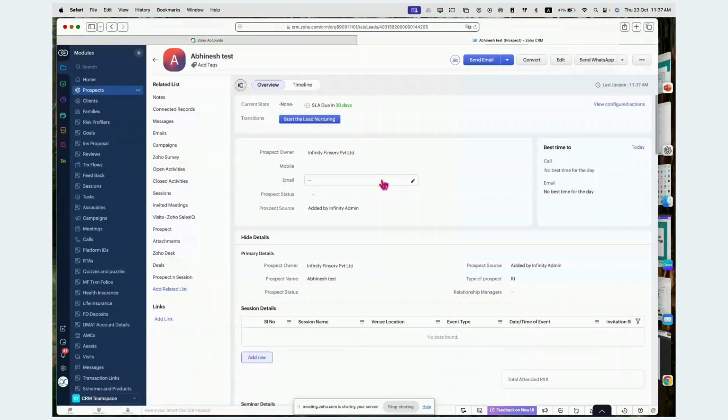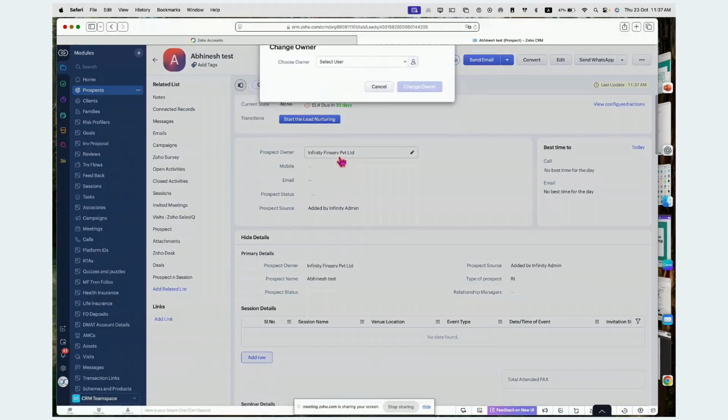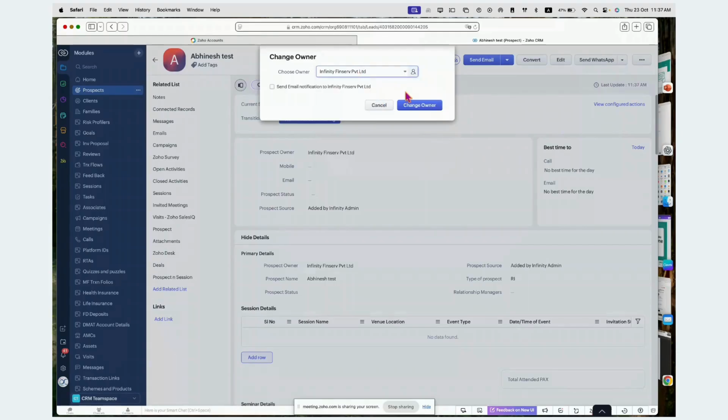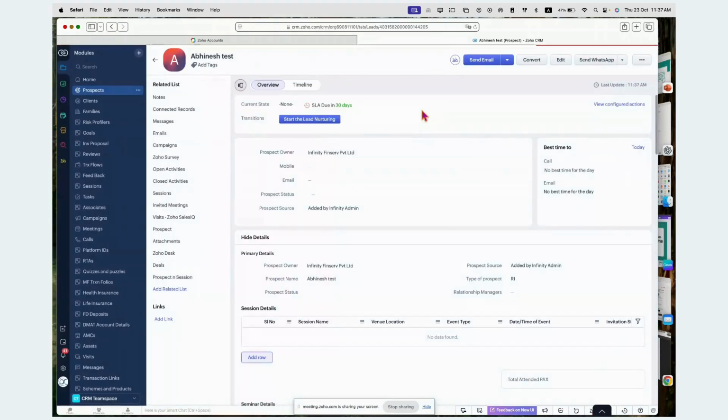You see, my lead is now added. And whenever the lead is added, say I am the owner of this lead. Currently there are many owners. You can assign this to your different departments, but currently you have only one user. So in your case, by default you are the user. This is the button which is transition, and this is the button which is state. State means the place where you are. So currently there is no state.